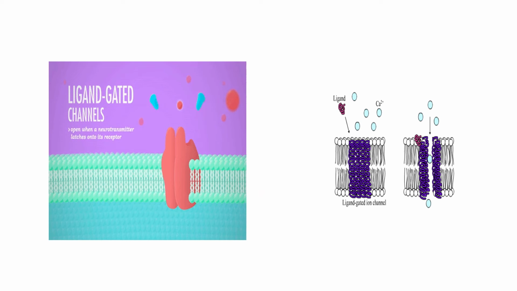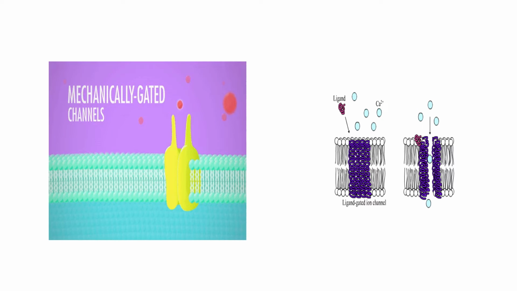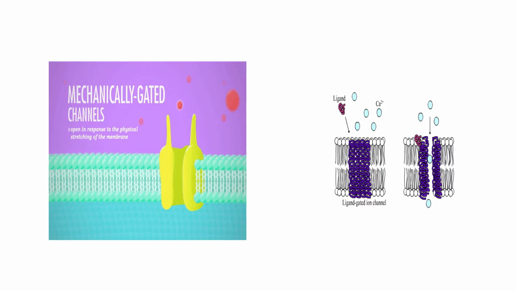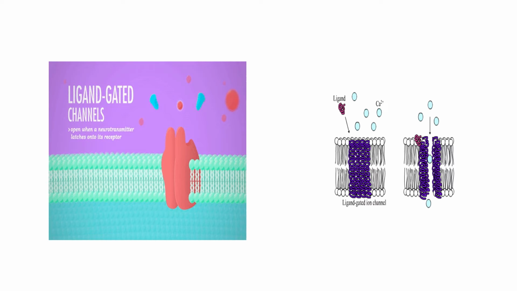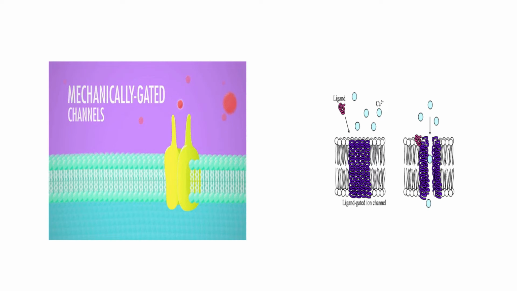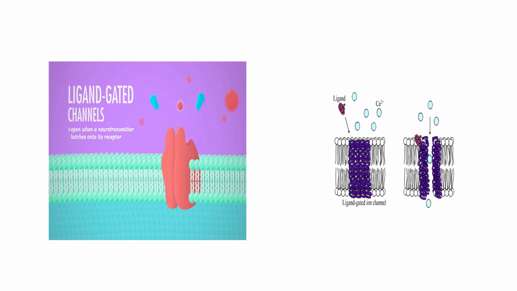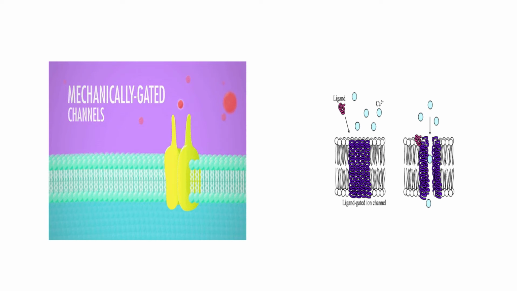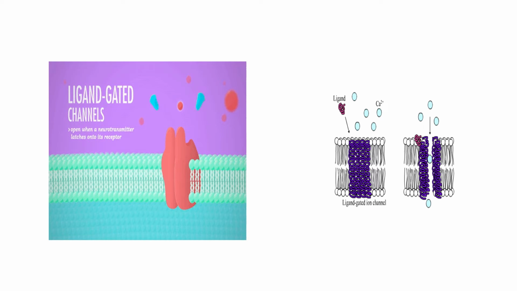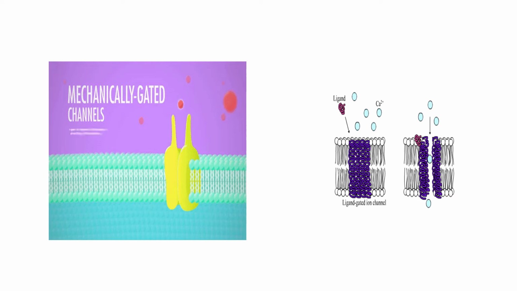Now when I talk about ligand gated, these blue colored signals bind to the receptors present on the cell membrane and cause the opening of these channels. So these are ligand gated gates. The ligand is any protein molecule, any hormone, any other chemical substance that binds to this ion channel, and you can see in the other figure that whenever it binds, there is a conformational change in the ion channel, and a tubular passage is formed for the passage of ions. So this is a ligand gated channel.